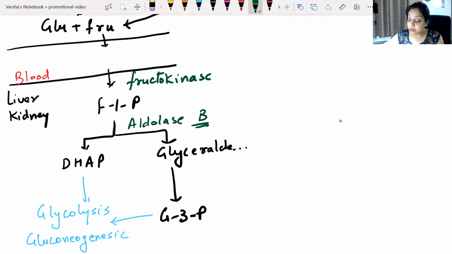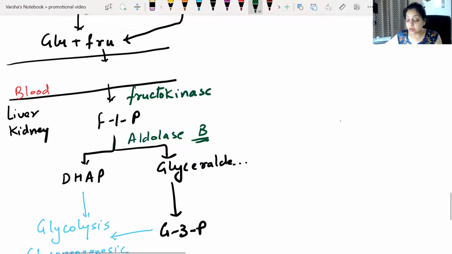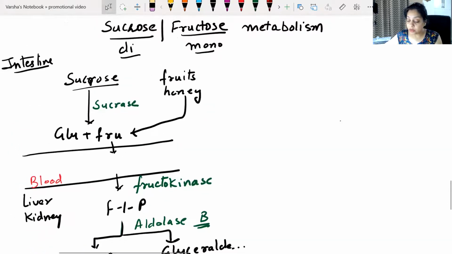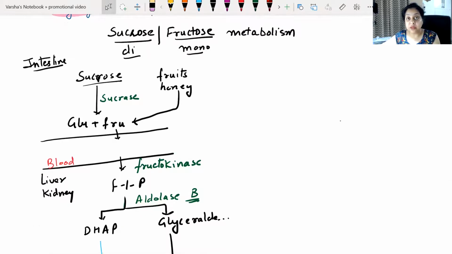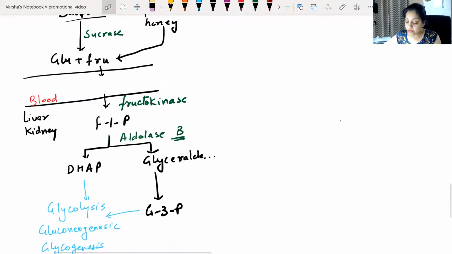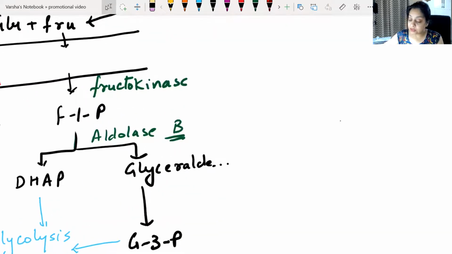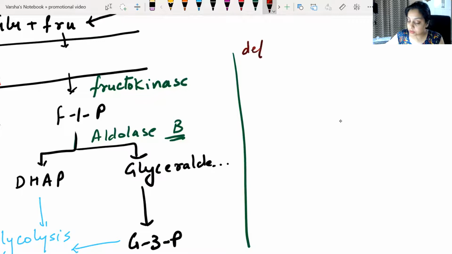How do I remember this? Now we are talking about the clinical correlates. I'll tell you how we are going to remember where is aldolase A and where is aldolase B. Okay, sucrase is the one which gives you the glucose and the fructose, right? And then the fructokinase deficiency. If we talk about deficiency, fructokinase deficiency is benign,